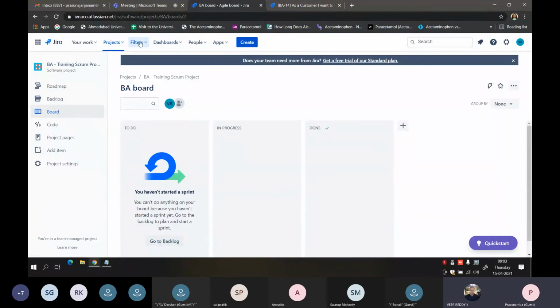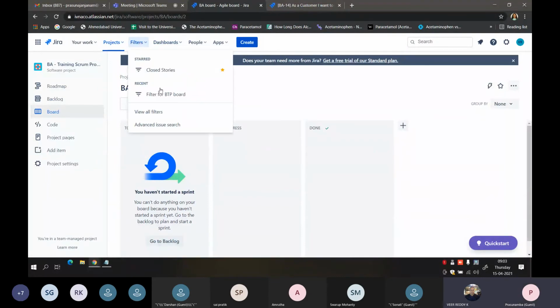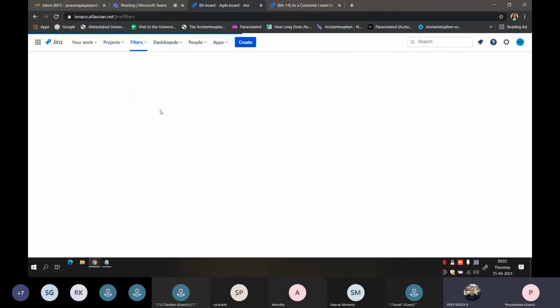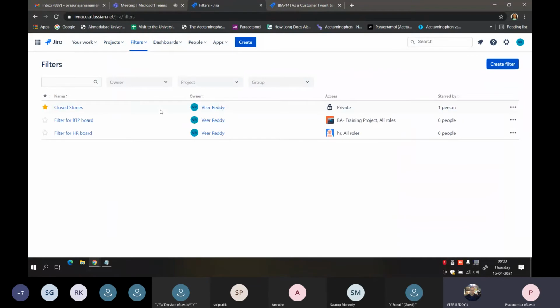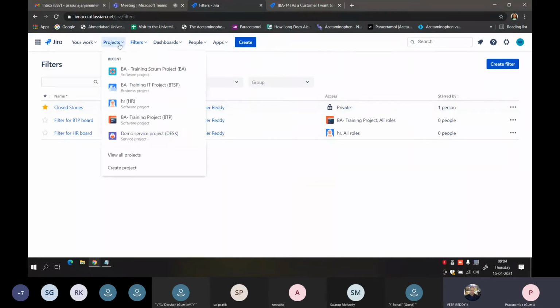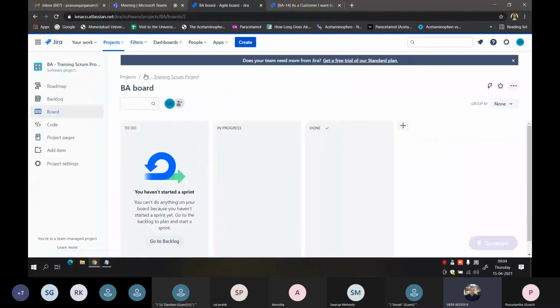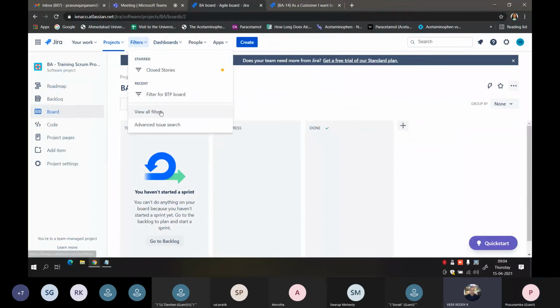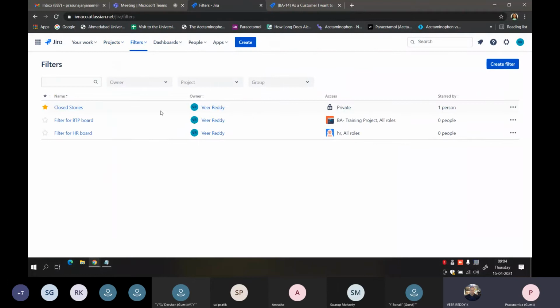And coming to, we have these filters. These are a few filters that I have created.